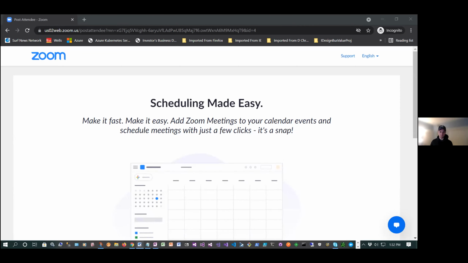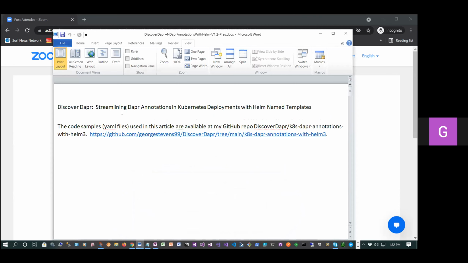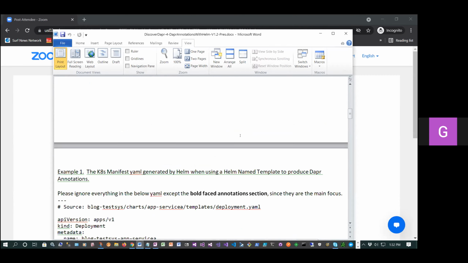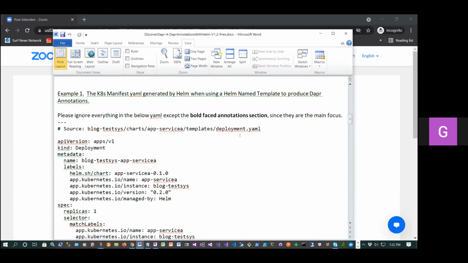Yes, we can. Okay, so this is about how to use Dapr annotations in your Kubernetes deployments via Helm named templates. I'll show this link here at the end if you want to see the whole thing. So getting on to it, basically when you have a manifest like here, that's a deployment